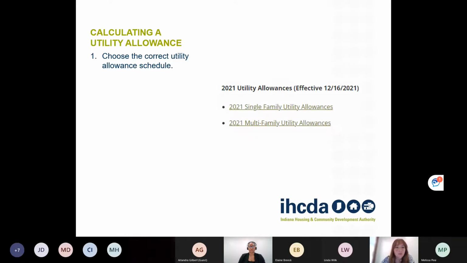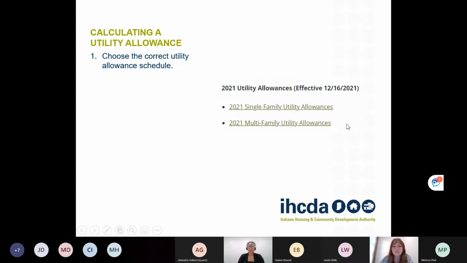So the first step that we would do when calculating the utility allowance is to pull up the utility allowance schedule. So again, you would go back to that website that I had linked on the first or second slide of the presentation. And this presentation will be sent out, so you'll have all of the links that I've shown here. The first step is to determine which one of these we would be looking at for the utility allowance